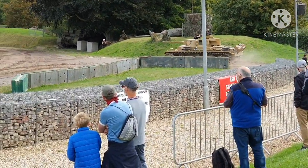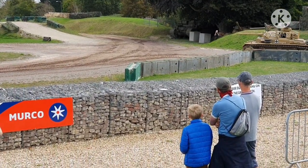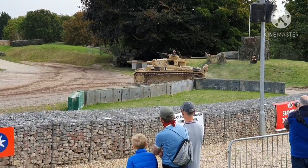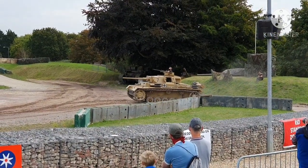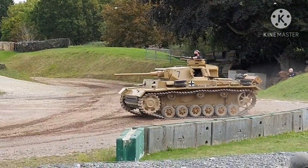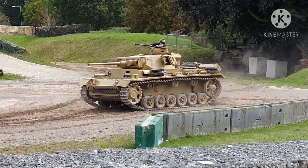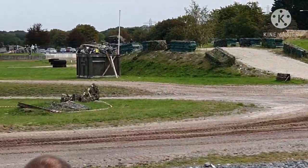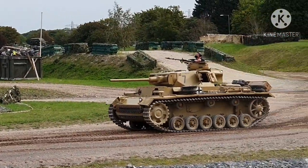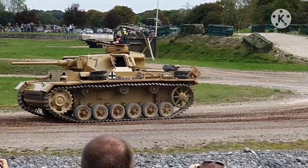So we're now going to contrast Tiger 131 with what the Germans pretty much started the war with. This is the Panzer III. Now this particular model, the L model of the Panzer III, they go through, start with the A, B, C, as you can imagine, as they go through different variations of the tank. This L model has a 5cm or 50mm gun on it. And you can see again, just the sheer scale of difference between this type of tank that started design in